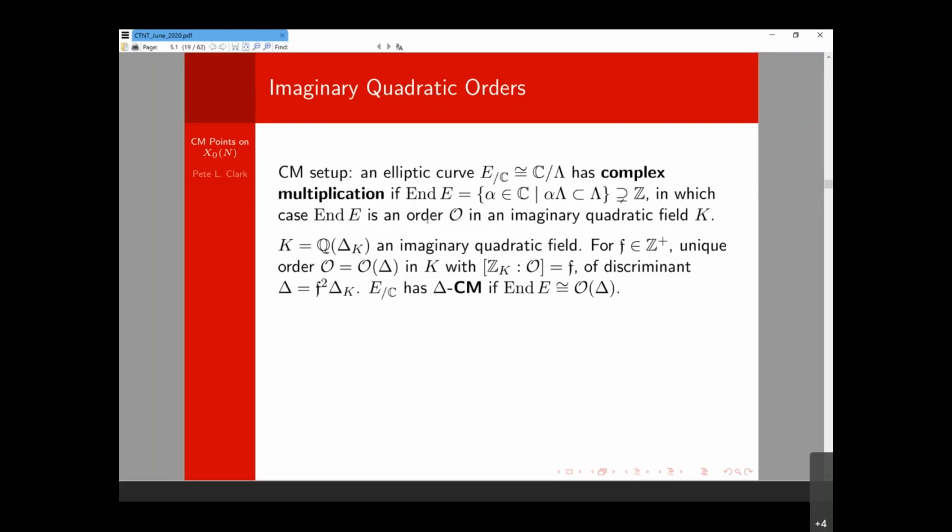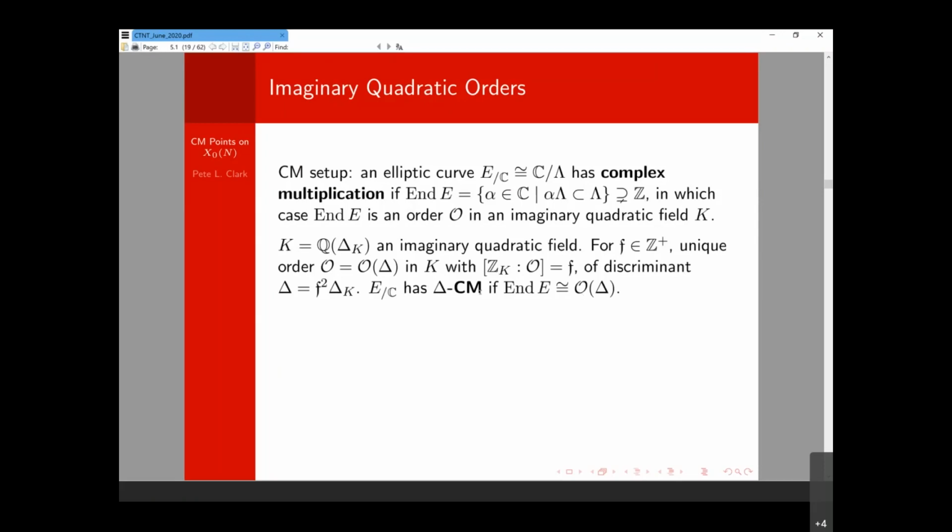any order. We're very lucky that for quadratic fields, the structure of non-maximal orders is very simple. For each positive integer f, there is a unique order which has index f as an additive subgroup of the ring of integers. This f is called the conductor, and this order gets a discriminant as well, and the discriminant is f squared times the fundamental discriminant. In general, I will identify knowing the discriminant with knowing the order.